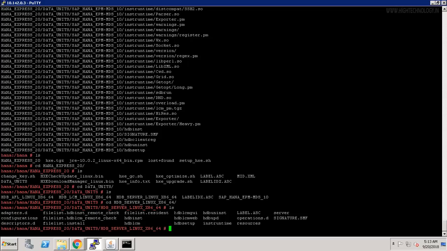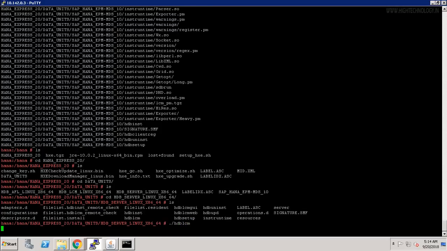Also we have other files, that is hdblcmgui, that also can be used to install. hdbinst is also there, but here I am using the hdblcm. So for that just type hdblcm and hit enter,